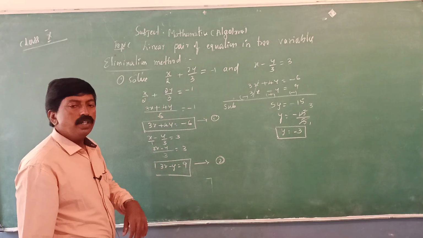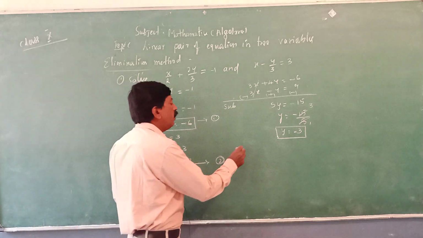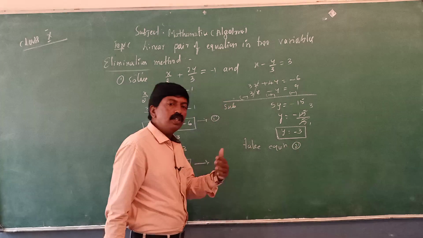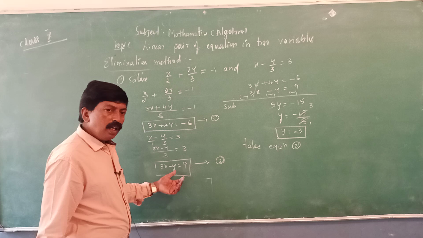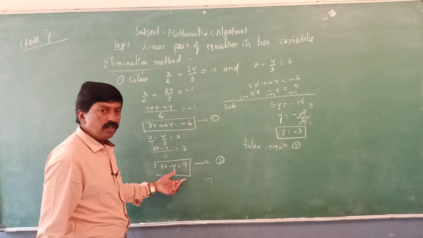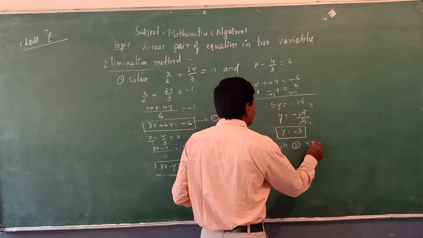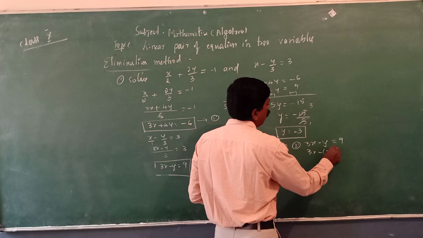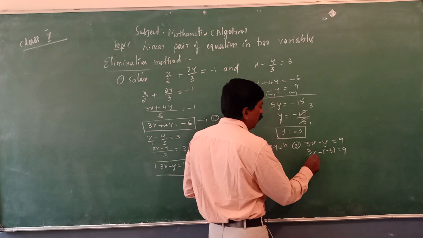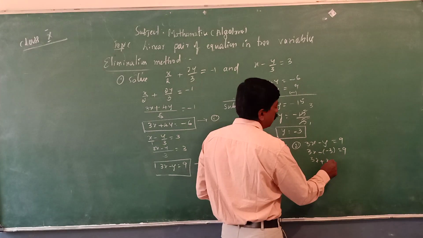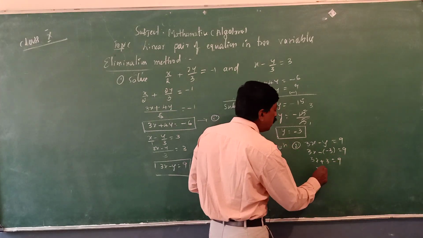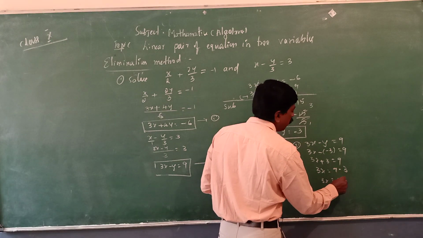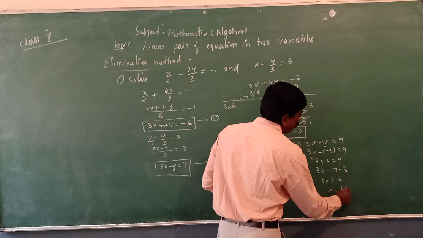By taking any one equation, you can find x. Let us take equation 2. Any one equation you can consider. Because here the numerical coefficient of y is 1, a very simple equation is given. I have taken 3x minus y is equal to 9. Now 3x minus y value, minus 3, is equal to 9. Now 3x minus into minus is plus 3 is equal to 9. Now after this 3x is equal to 9 minus 3. 3x is equal to 9 minus 3 is how much? Which is 6. Now x is equal to 6 by 3.